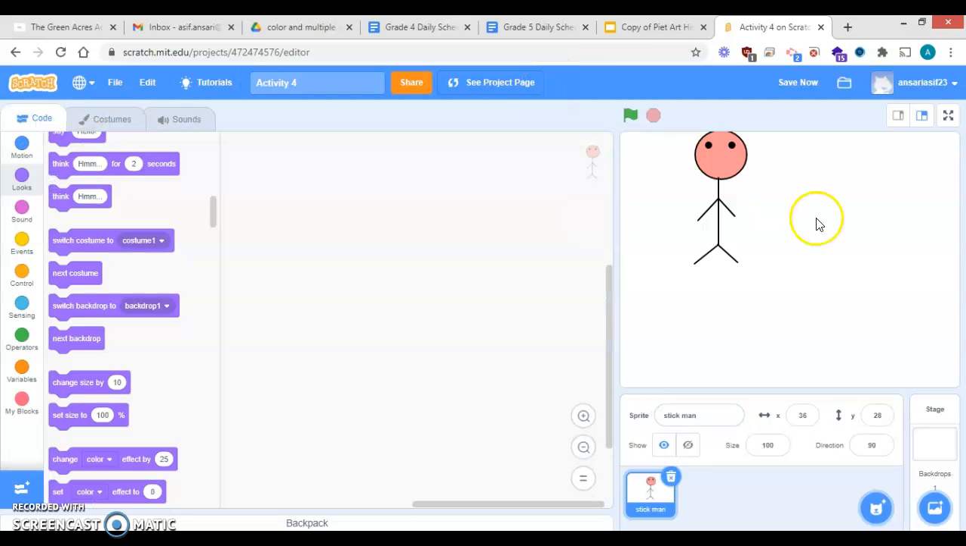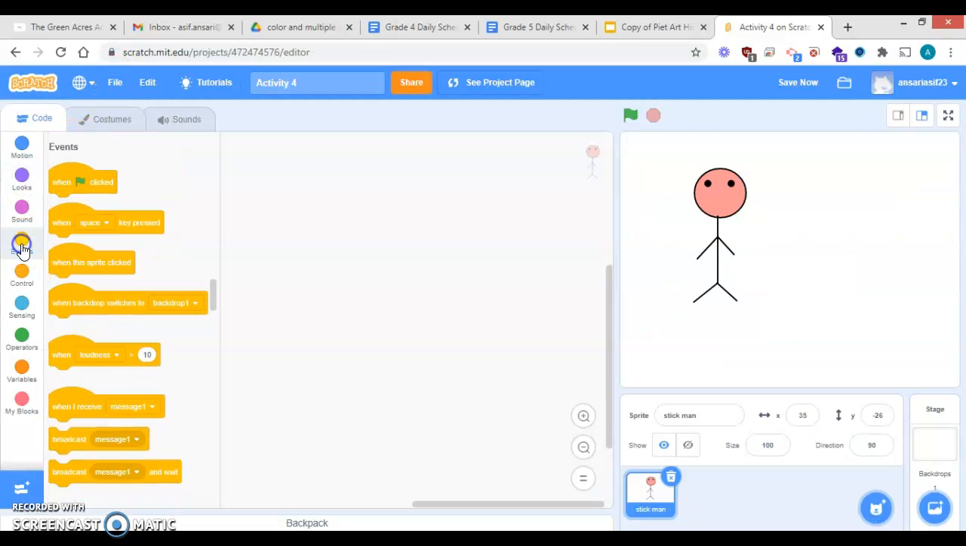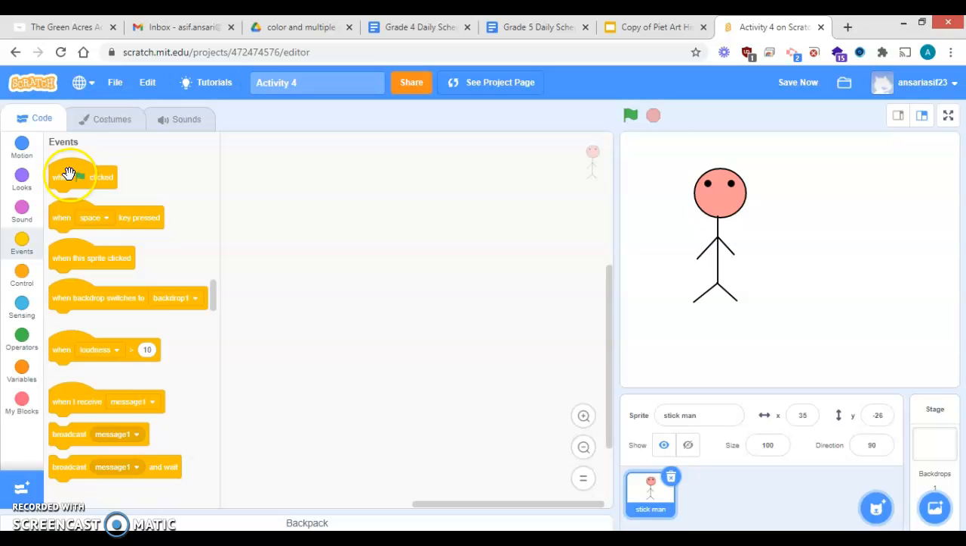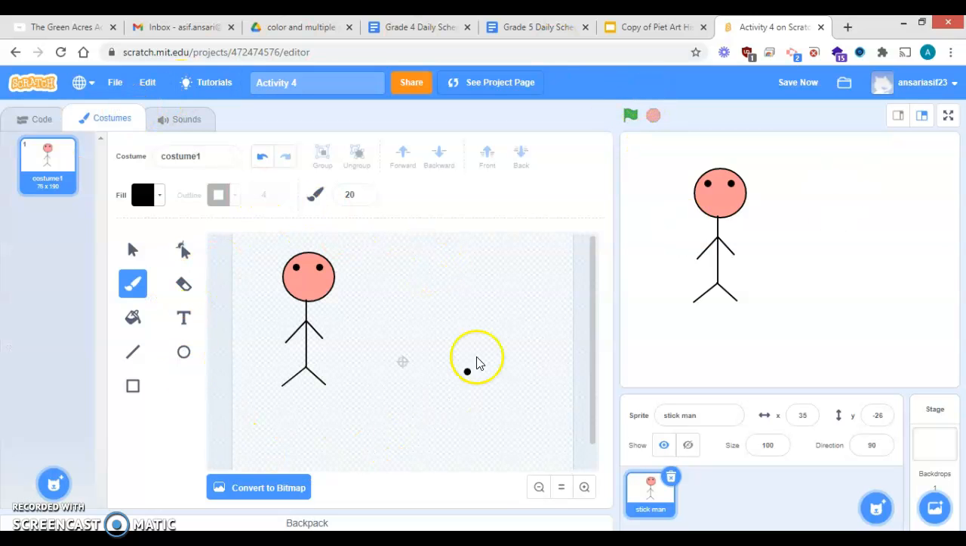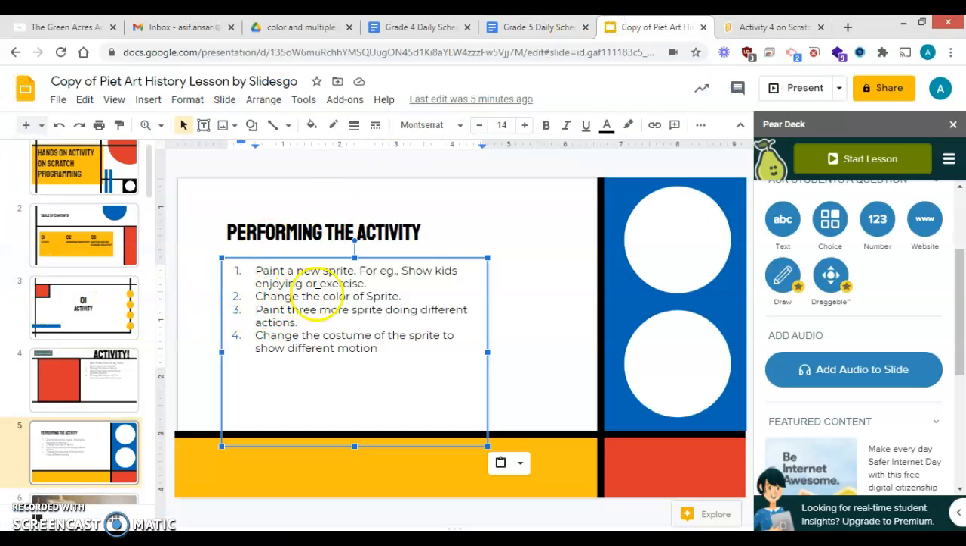Now, this is the first sprite that I have drawn. Now change the color of the sprite. You remember how to change the color of the sprite? First, we require to go on events. Again, after drawing the sprite, you require to click on the code part. As soon as you click on the code part, you will be able to see your sprite is present on the stage. So first I am clicking on event because I am doing the second activity, change the color of